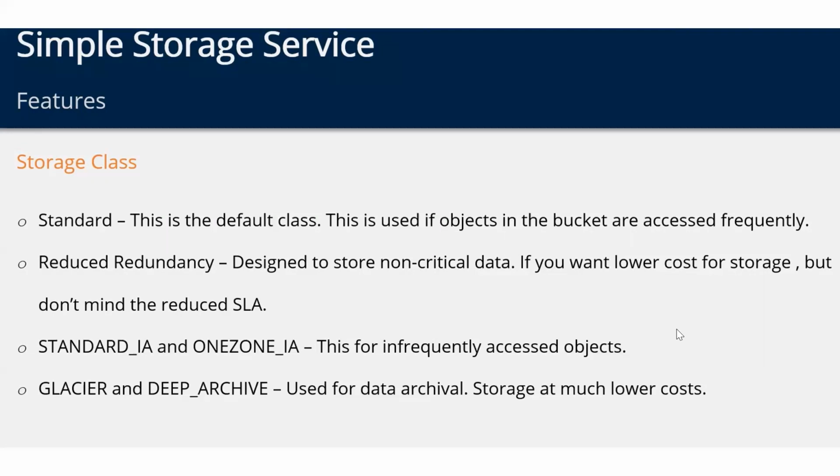Reduced redundancy means you don't care even if you lose this information. Redundancy means you don't want to keep multiple copies in one location, and you don't want to maintain 100 copies. As I told you, it depends on the importance of your data, whether you want multiple locations or one or two locations. Redundancy means repeating the same thing, so we don't care. The only problem is reduced SLA.